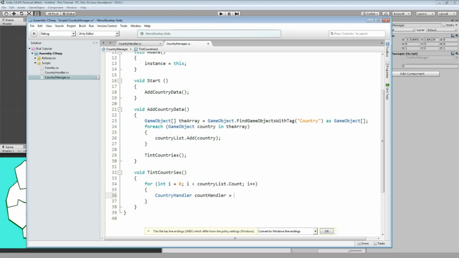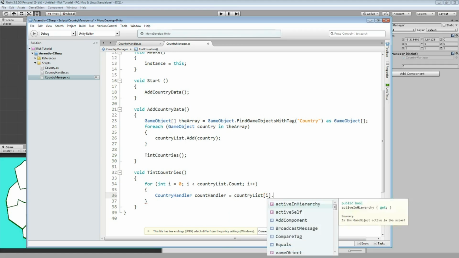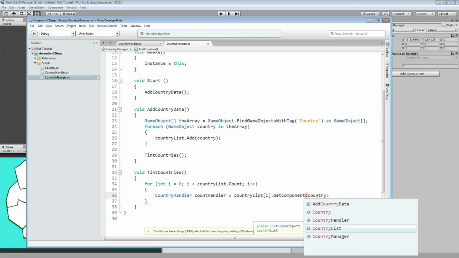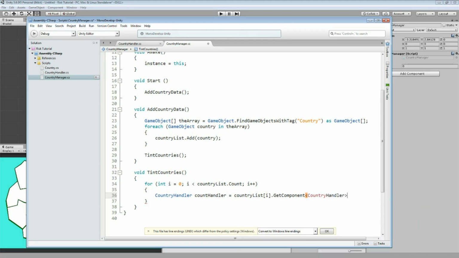And we set this one to the country list we're currently looping through, in square brackets I, a dot, and there we're going to get the component from the country, in angle brackets, and we're going to take the country handler script from it, and at the very end open and close parentheses and close the line with a semicolon. So we catch the currently looped through data. We're going to get the component and pass this one, or catch this one, into the country handler, in this case